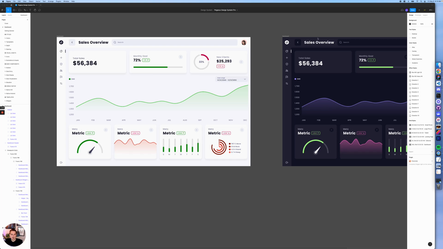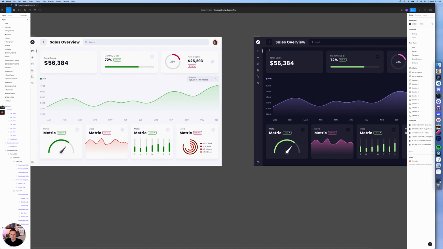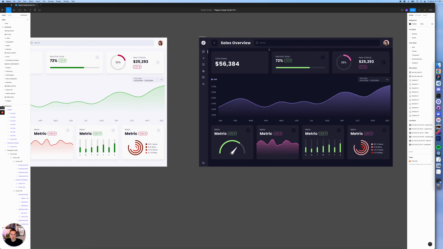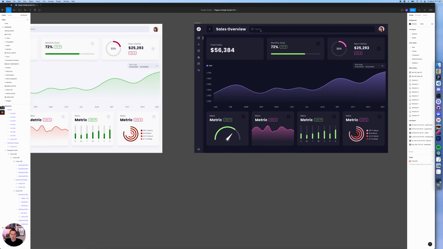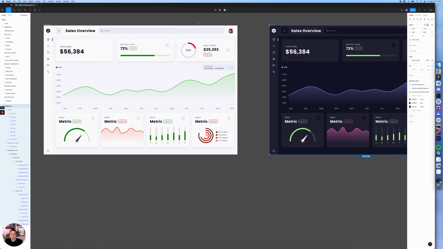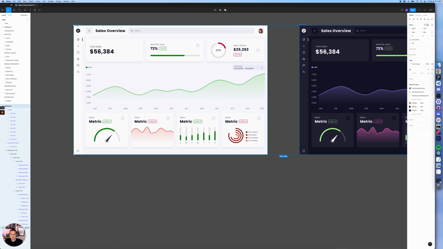We're going to do a part two of this series, How to Build a Dashboard. In part one, we built these two dashboards in light mode and dark mode, and we used some of the new widgets, and I showed off some of the variables and how you can adjust and change things. We're going to use that same template, but we're going to build a little bit of a different dashboard